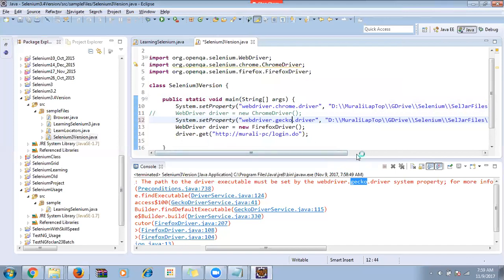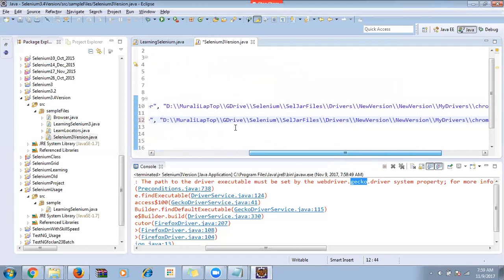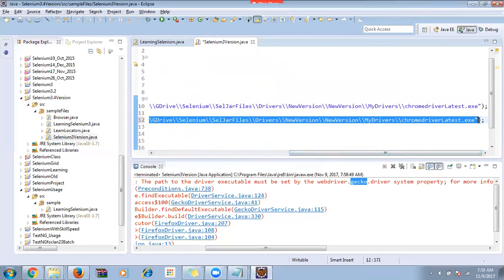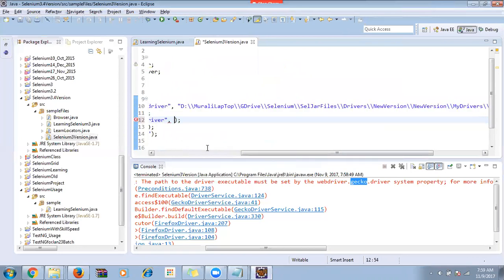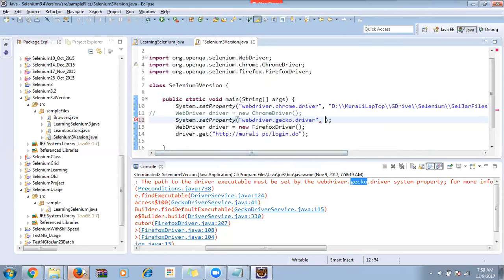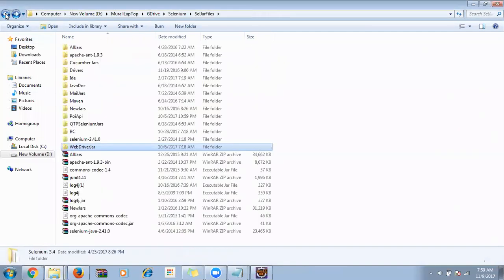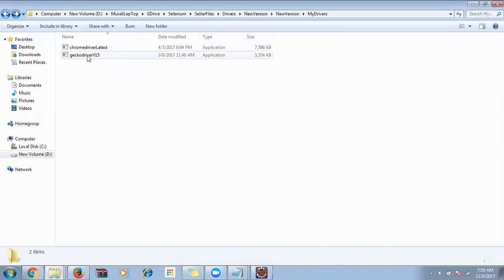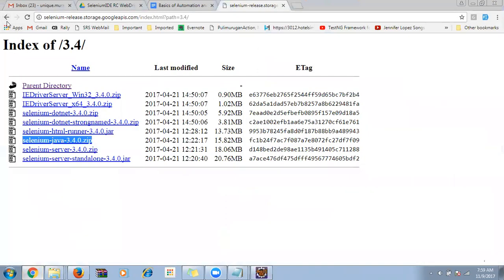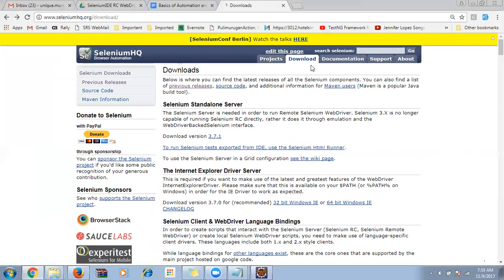So simple. Then here I need to give the location of my Geeko driver. Where can I download that Geeko driver? See, I already downloaded it here. Can you see? Here I already downloaded this. Where I downloaded it from means, if I go to my Selenium HQ website, under the download section, you can see